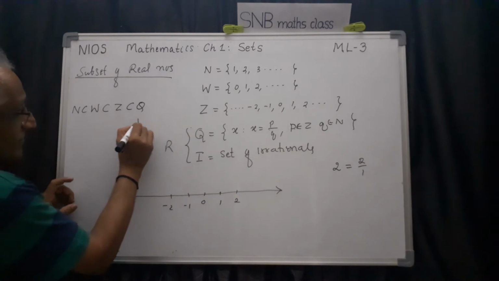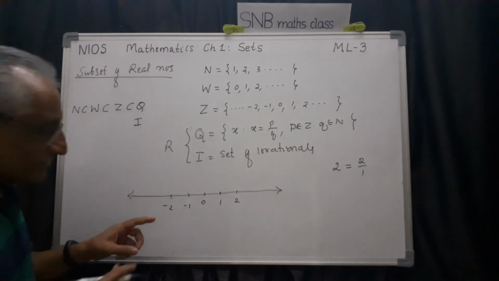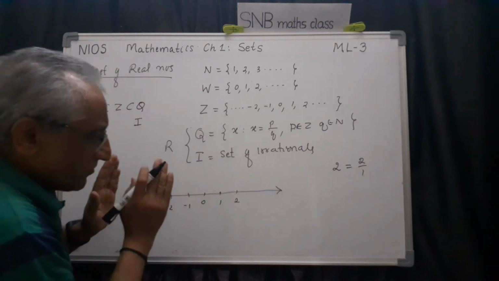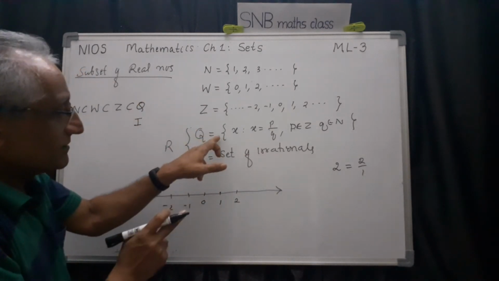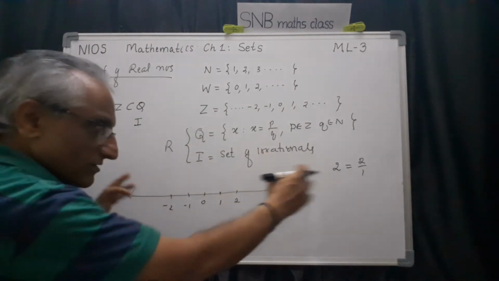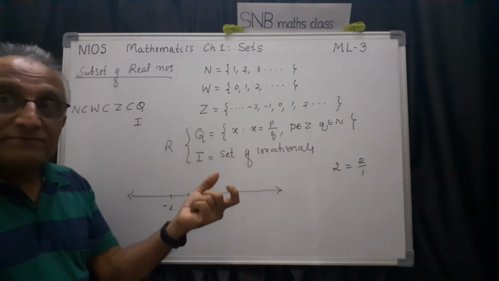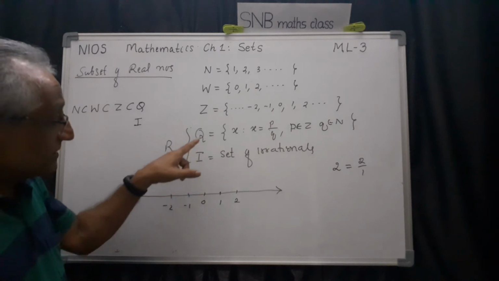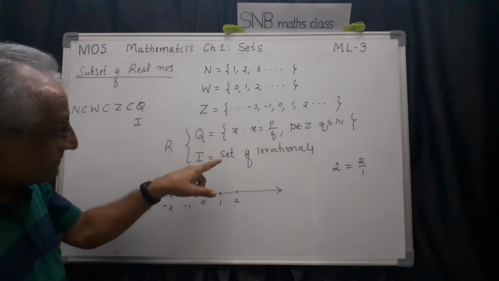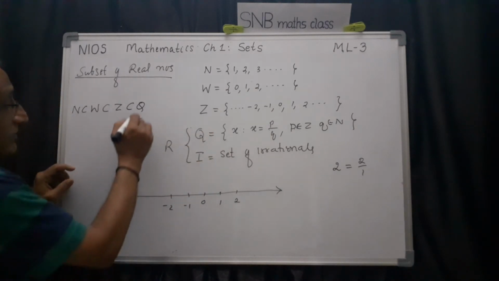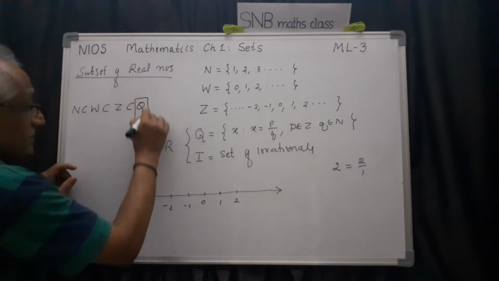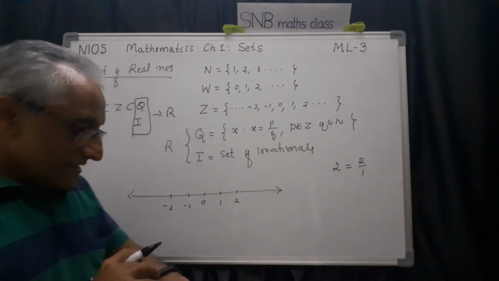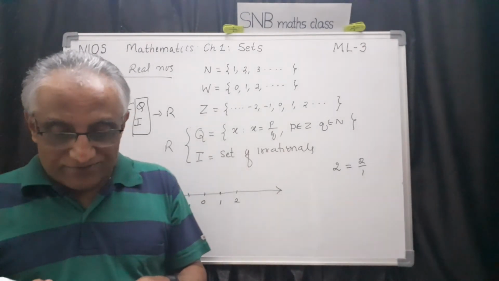So then the next one is I. I means actually, imagine like this. On this line, you fill all the points with rational numbers, fractions and integers, all. Then there are many gaps in between. Those gaps are filled by I. So whichever number is here is not here. But when you combine these two together, that is called the set of reals. So this is the idea, set of reals.